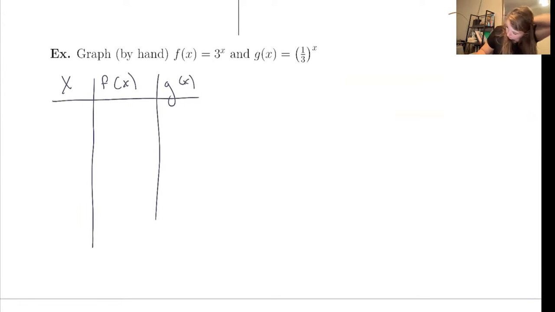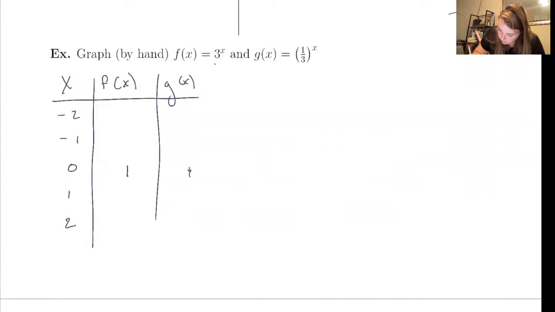Let's do a similar thing: -2, -1, 0, 1, 2. Each one's initial condition is going to be something to the 0 power, which is always just 1. We don't have that c, really our initial condition. So it's kind of like hidden there as 1. So 1 and 1,